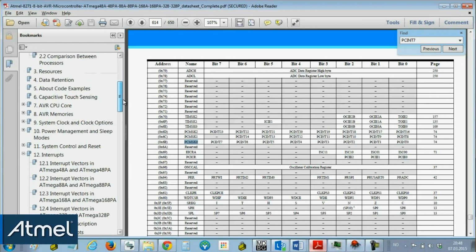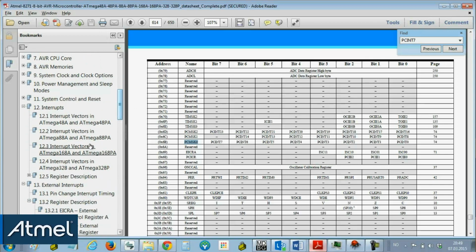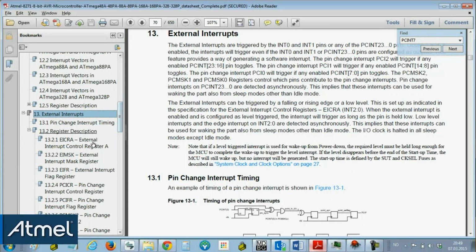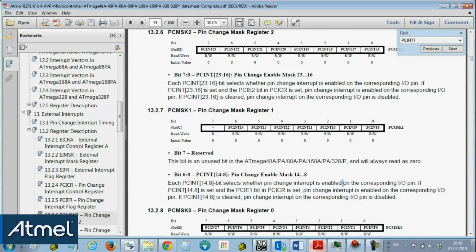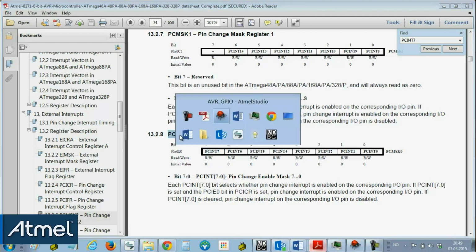If we look under interrupts in the data sheet, and then under external interrupts, because a pin change interrupt is an external interrupt, we can see this pin change mask register. Pin change mask register 0, and here we have our pin change interrupt 7. Each bit selects whether a pin change interrupt is enabled on the corresponding I/O pin, and the pin change interrupt enable bit in the pin change is set. So what we want to do is right here,